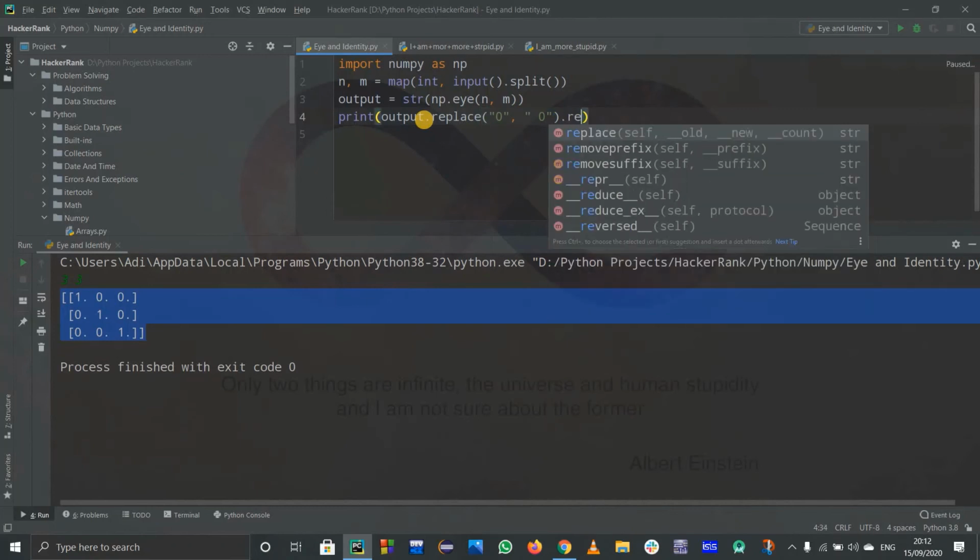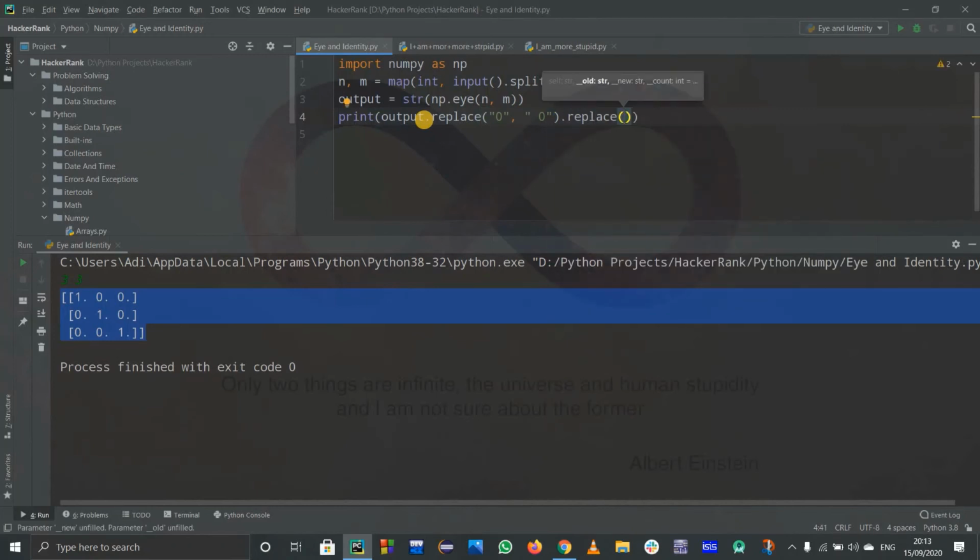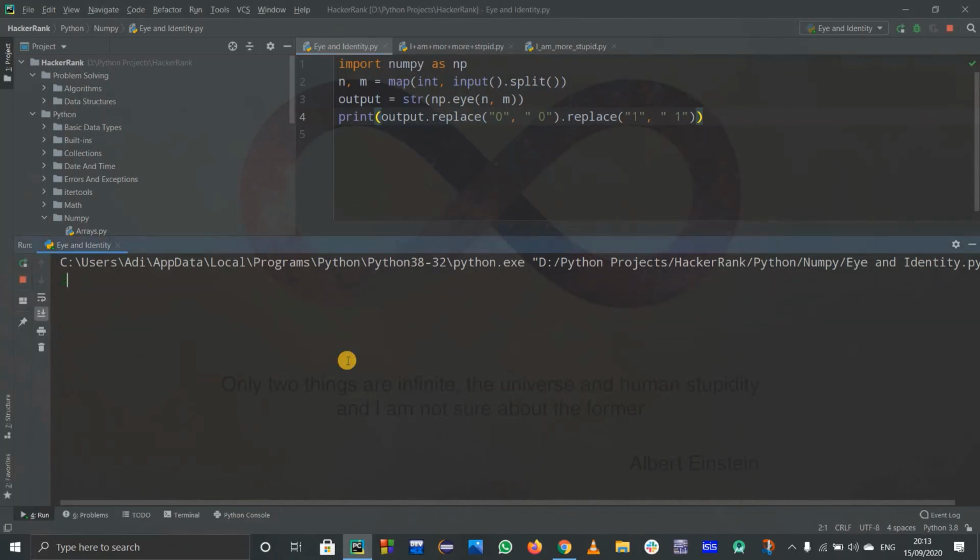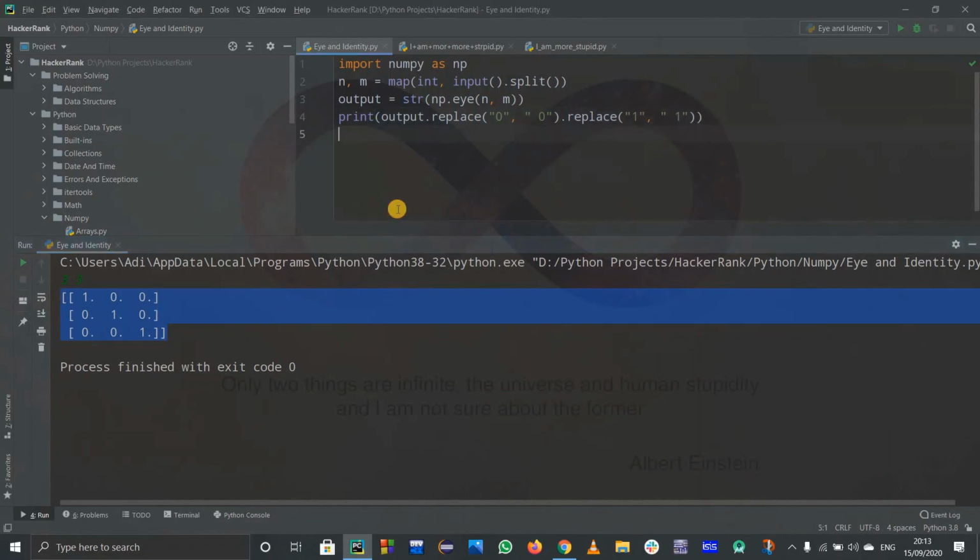So I can again write dot replace 1 by space 1. Remember, this 0 is replaced by space and then 0, and 1 is replaced by space and then 1. You can use two lines as well, output dot replace 0, and on the next line output dot replace, but why use more lines? Now the array has the spaces, so I think it should work.